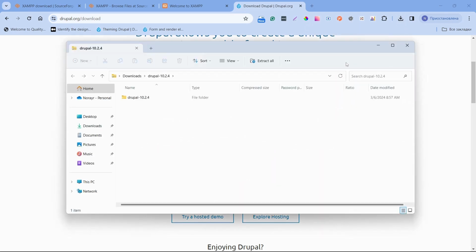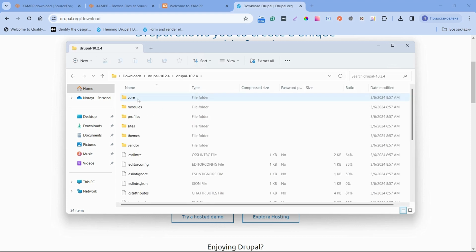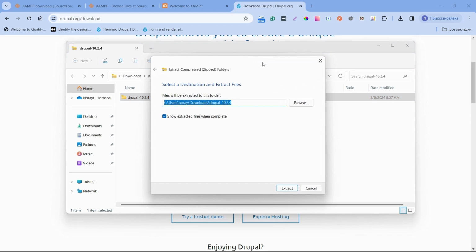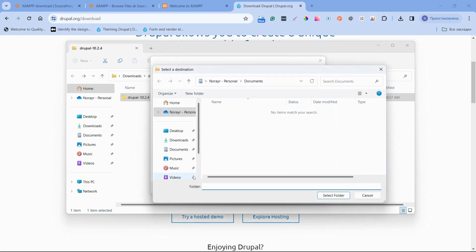In the archive, we see Drupal 10.2.4, which is our Drupal version. Inside this folder, we will see the Drupal project files. Now we need to extract this folder into our XAMPP application folder. Click extract. Choose the directory C disk, XAMPP,